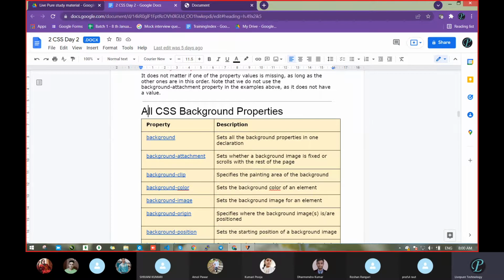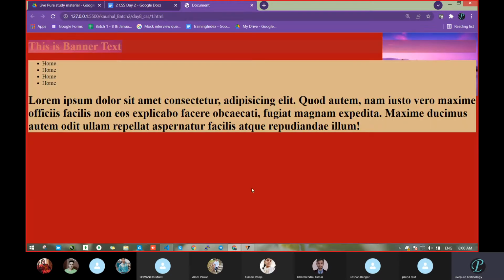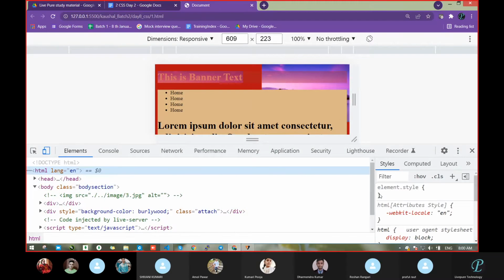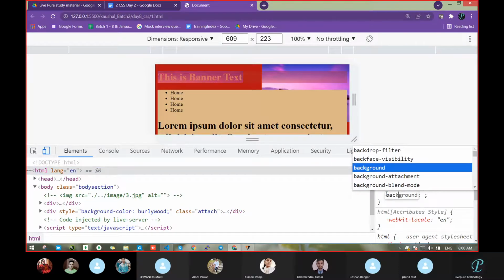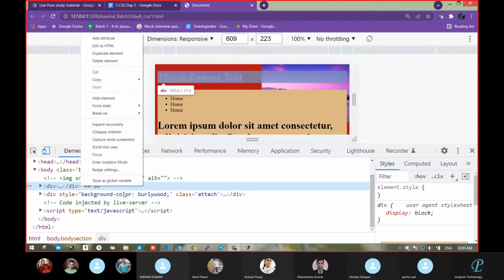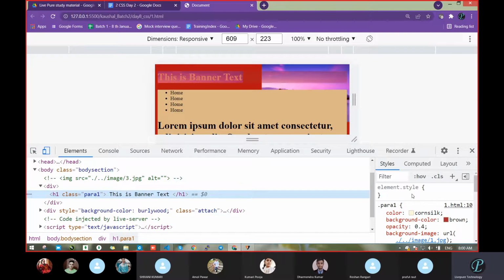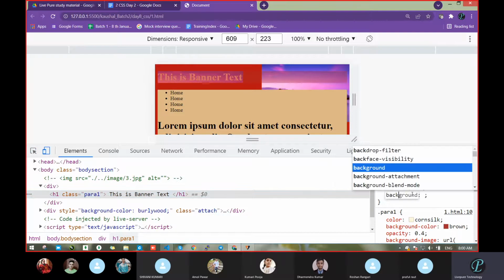So see here, there are some background properties, and some more, because this is not the only background property. There are many properties, which you will see when you inspect in your DOM. See, if I pass here background only... Oh, sorry, that came on the HTML. How can I inspect directly? Click this one. We got it now, pass here background.